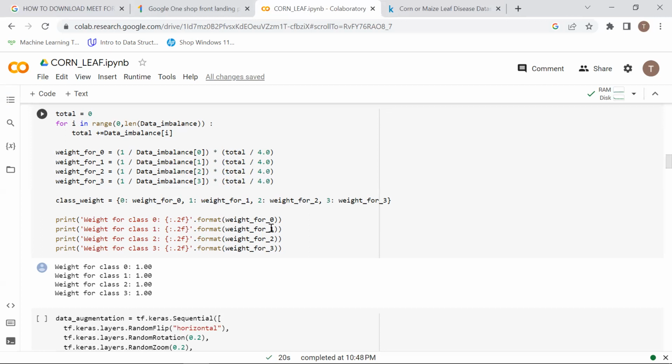Okay. Now I have defined that my data science code should predict based on the weight of the class instead of the total number of images of the class. Okay. Now if you scroll down,